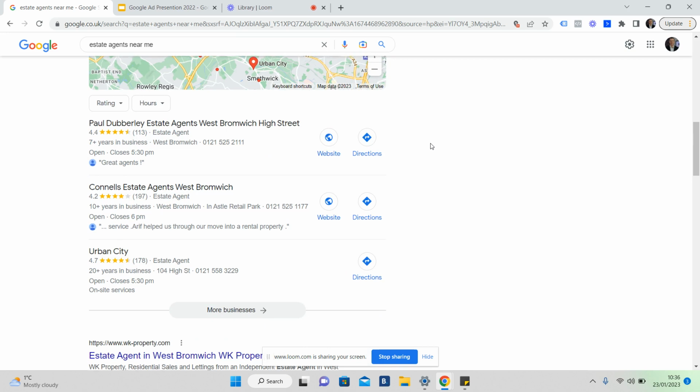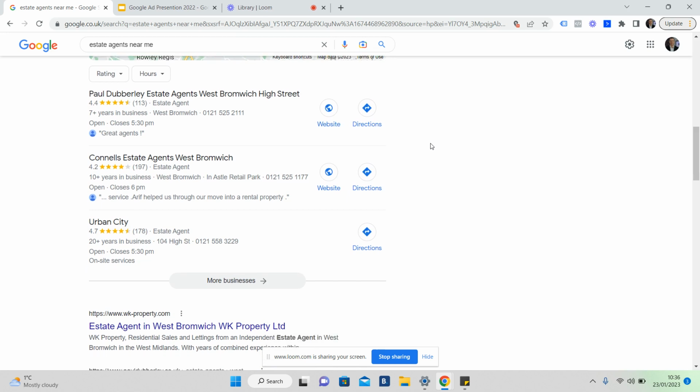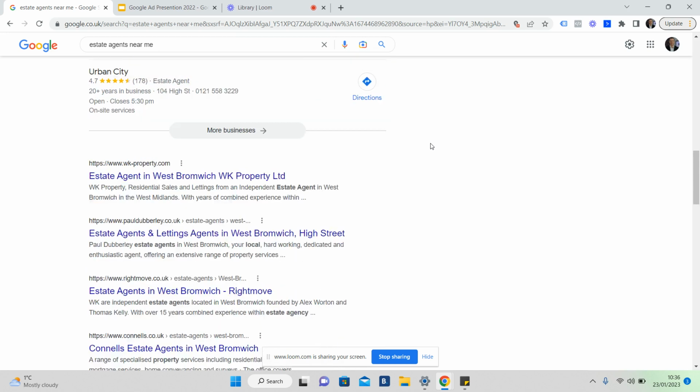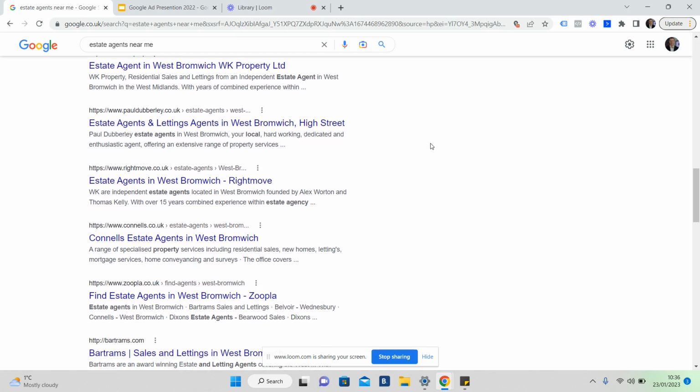So the common question is, how do we get onto Google Maps? Well, it's part of the map pack, which is SEO or search engine optimization. When we've got the optimized website, this is the free traffic. The challenge here is it's time. It takes many months and many weeks and possibly many years to get your website to appear for certain